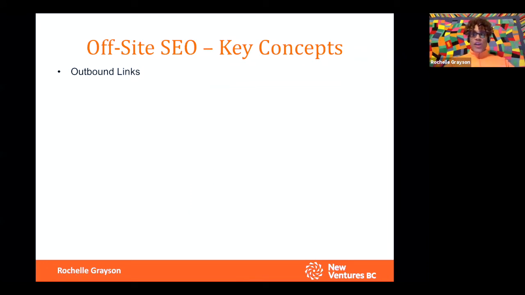So I was just talking about putting content outside and having links to your website. I'll get to that in a second, but outbound links: when you write a blog post, if you are referencing someone else's article, last week we talked about curated content. Someone wrote a great article and you were writing a reply or commentary about their article. Make sure that you list the name of their article. So use the title of the article